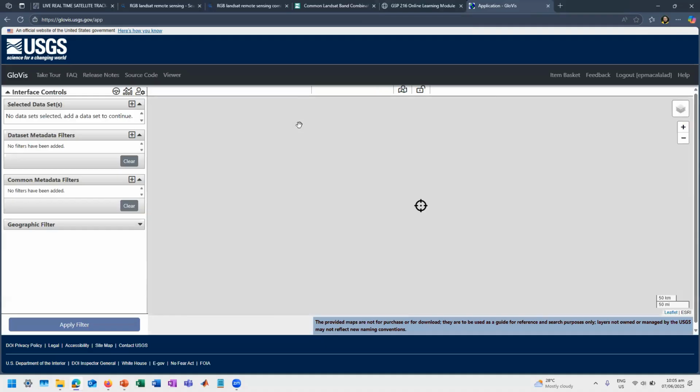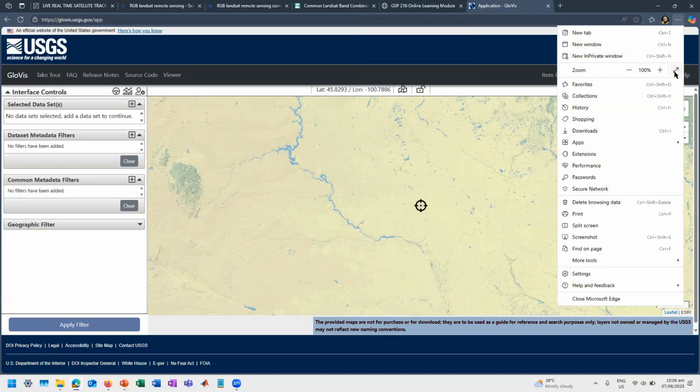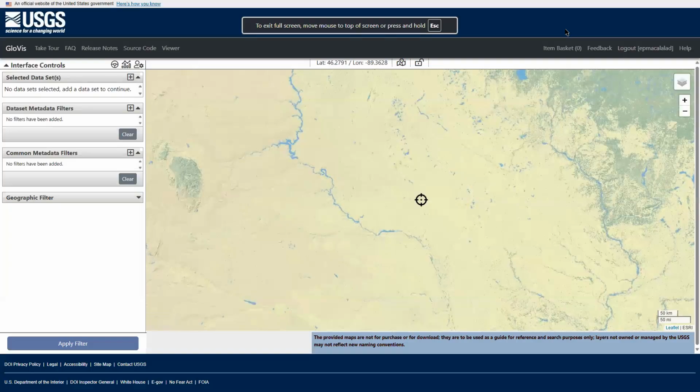So I'm already here. This is the area or the website. Allow me to maximize the view. Okay, so let's take a tour.